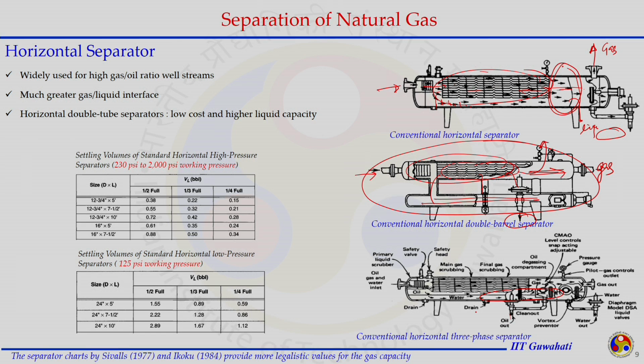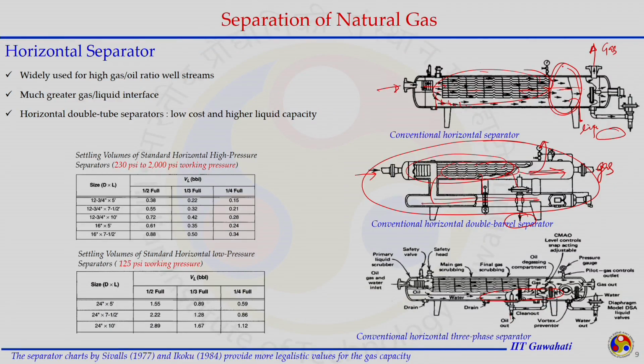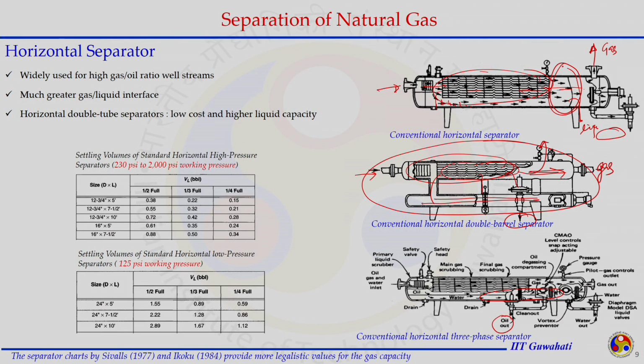This three phase separator has similar features where we can get two liquid phases here, and because of their gravity difference oil and water can be separated, and for that purpose we need to install some liquid level devices. The level of a particular liquid is up to this height, and beyond that it will come out. Otherwise both the heavy liquid and light liquid will get mixed. We will discuss these in the next class, when we discuss the design aspects and the procedure of how to design two phase and three phase separators.